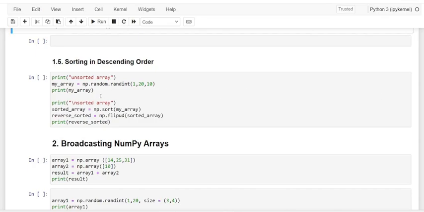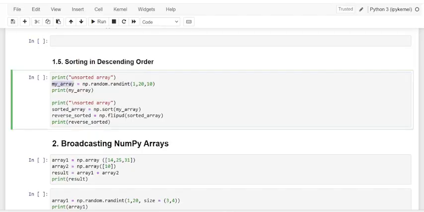It reverses the sorted array and returns the array sorted in descending order. Here we go, we are going to have the same values between 1 and 20. So randomly we are going to take 10 values and store them in the variable my_array. And once sorted, see here dear friends, first of all we get a sorted array.